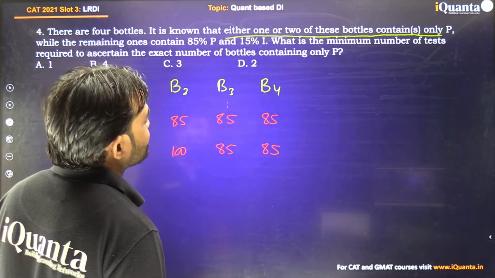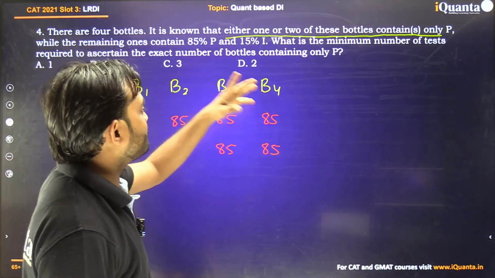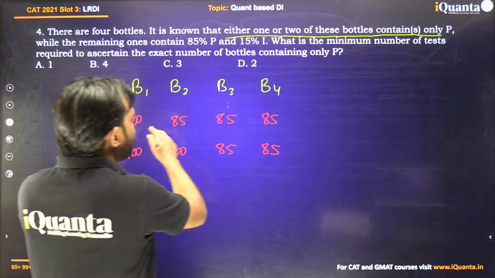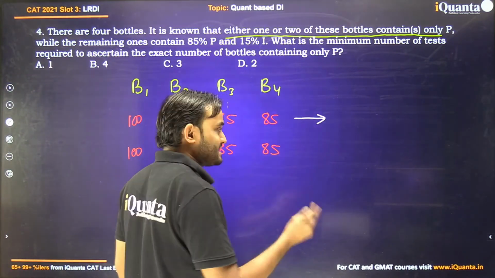Now it asks what is the minimum number of tests required to ascertain the exact number of bottles containing only P. Now once again, if we take equal amounts of liquid from this combination and test it,